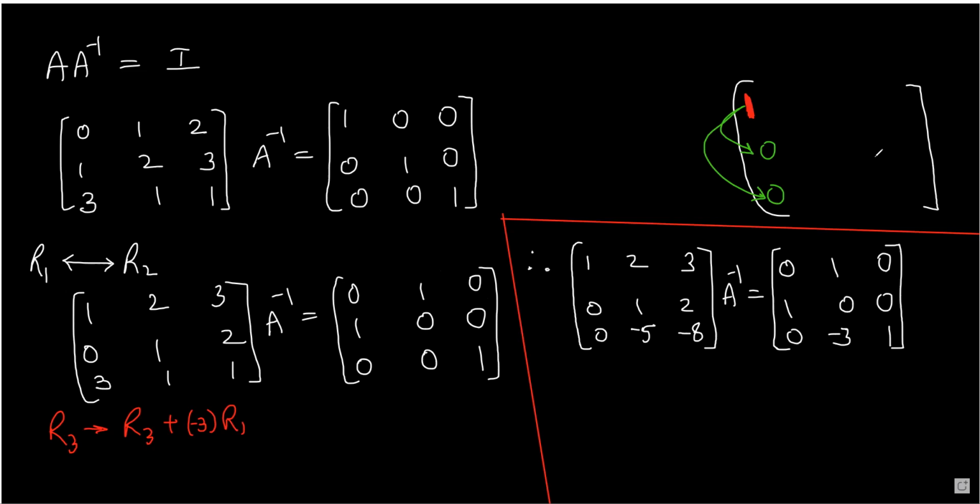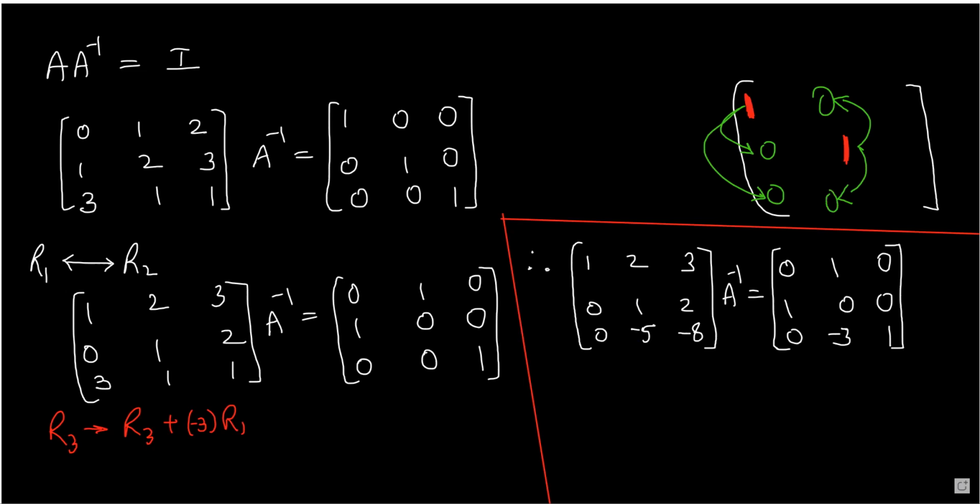What is next step? Now get 1 here. Get 1 here. And see, luckily we already have 1 there. We have 1 there. What is next step? If you have 1 there, then using this 1, get 0 and get 0. So using this one, we have to get 0 here and 0 here. Okay. Look at the transformation. What will be the transformation? See, to get 0 here, I will have to add -2. -2, and to get 0 here, I'll have to add +5. So see, how do I write?